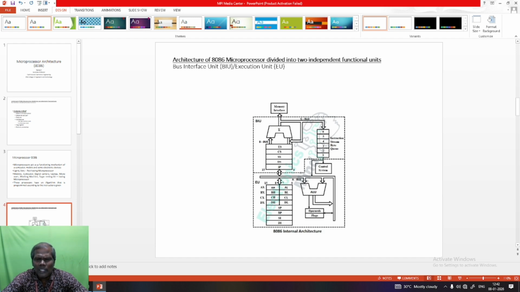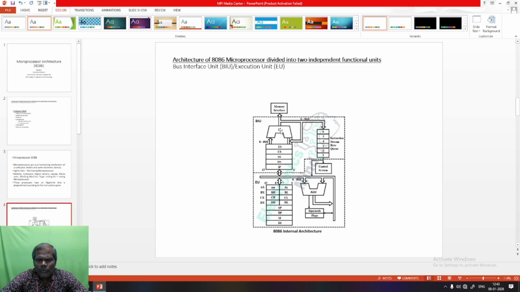Here the bus interface unit has some important parts, and the execution unit has some important parts. Let's discuss one by one. First one is the summing unit. Here we are calculating the physical address of the memory.